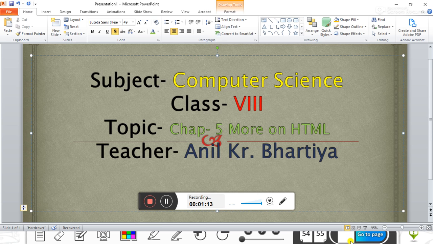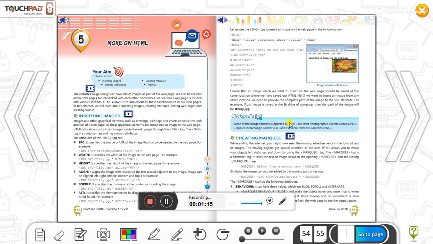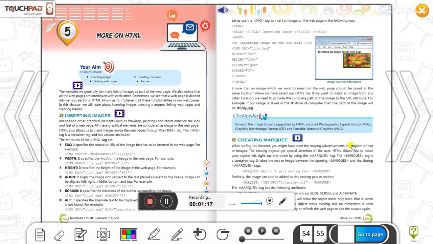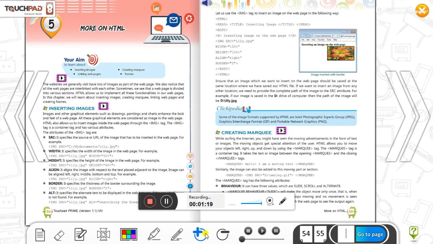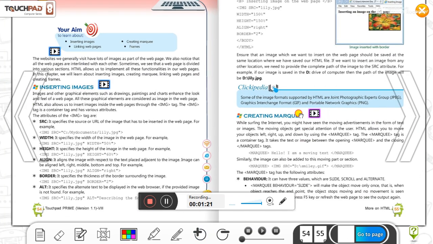Now class, see about the marquee tool and its attributes.